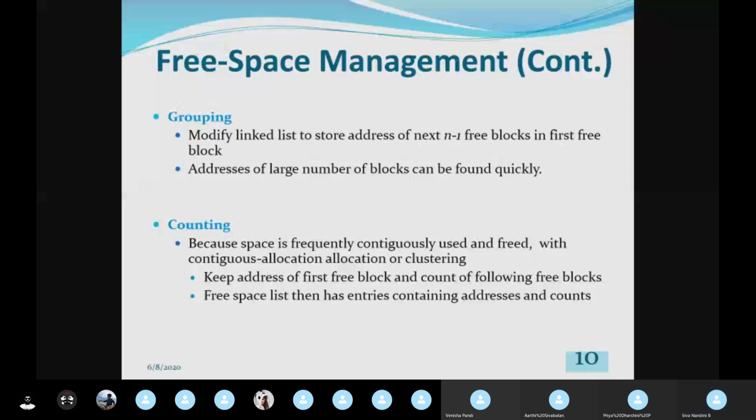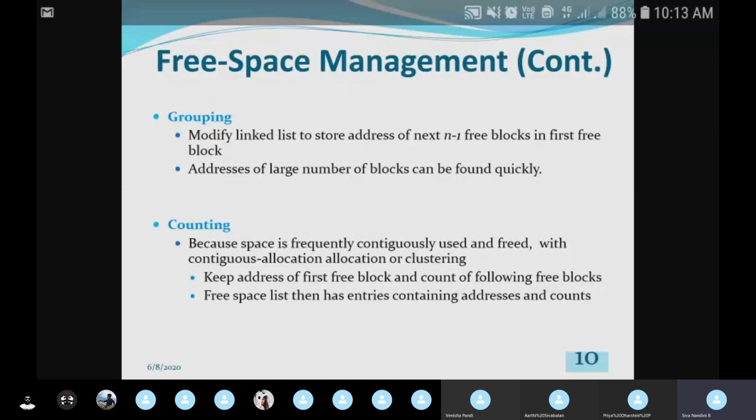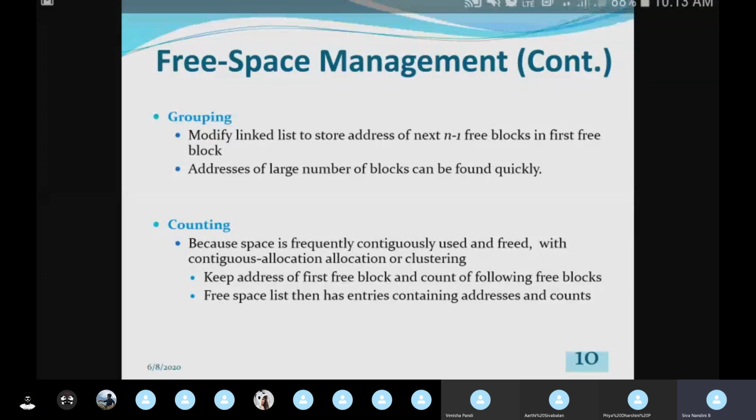So this counting is similar to the linked allocation, in which we had only a pointer to the next free block. This counting free space management technique, along with the pointer to the next free block, has a count value. That count value represents the number of free blocks available after this particular free block.